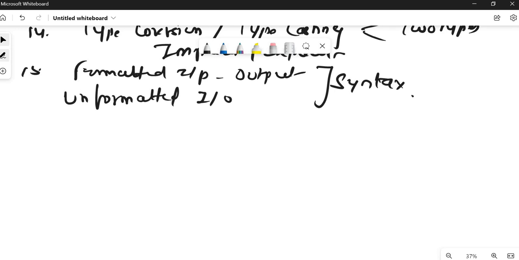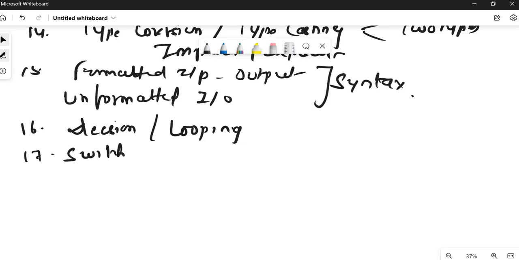Fine. So the next 60 number question can be asked from control statements, decision and looping questions. From this, what are the various decision statements in C? They are if else, ladder, nested if, switch. So generally they ask a theory question on what is the switch statement, or what is if statement, what is if else. They can ask syntax. Also, this is the most asked question: difference between